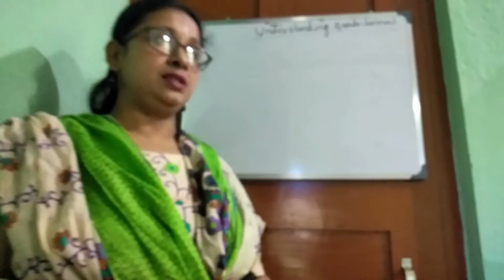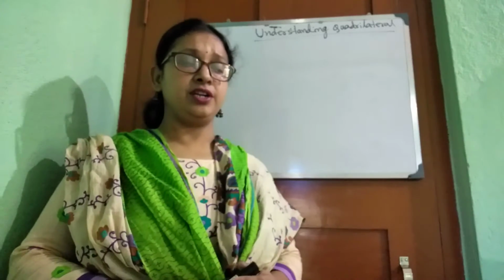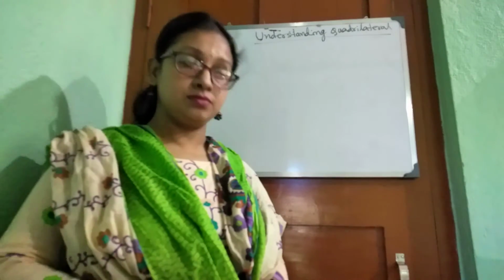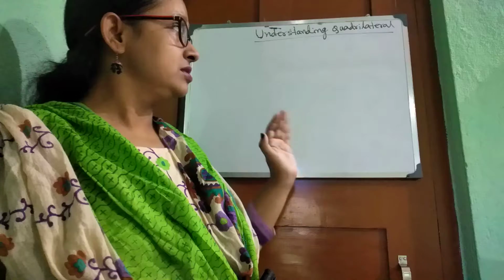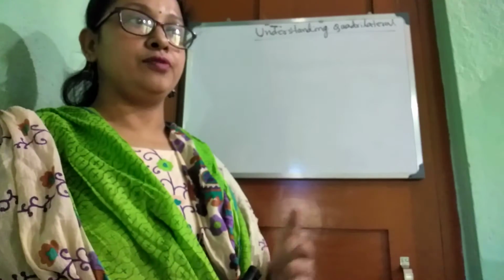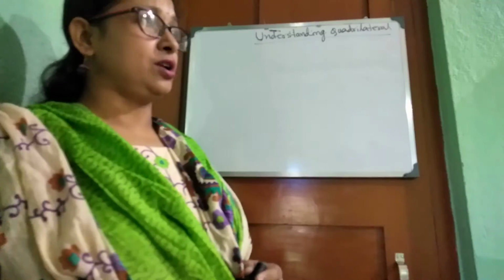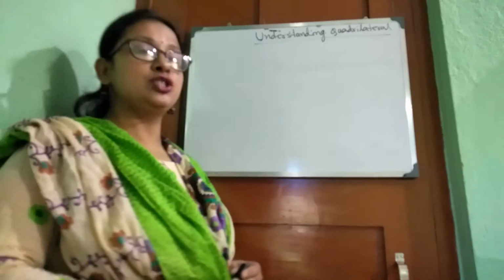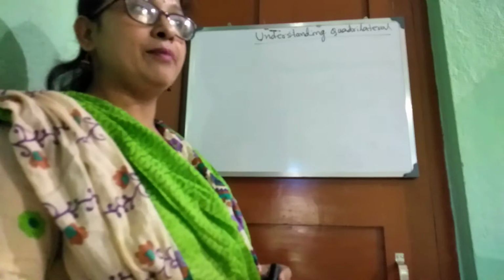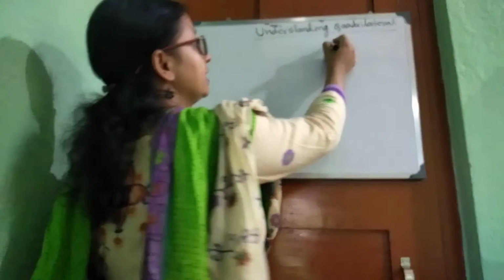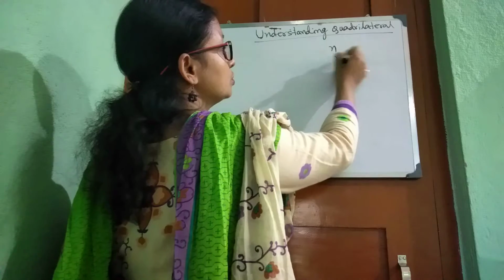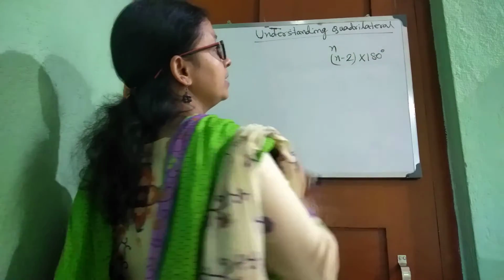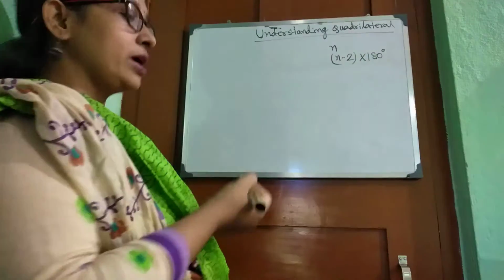Students, in the previous video I have already explained the different kinds of polygon according to their number of sides, and today I will explain some formulas on the basis of polygon. You already know the sum of all interior angles of a polygon is (n minus 2) into 180 degree. If the number of sides is n, then you will get n minus 2 triangles. So for n minus 2 triangles, the total sum of the angles will be (n minus 2) into 180 degree. Already we have proved this.